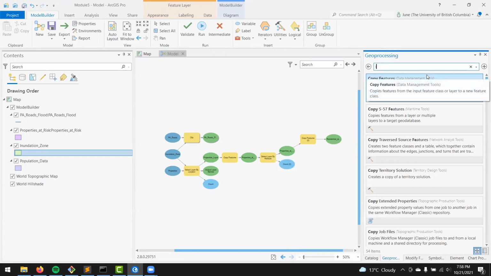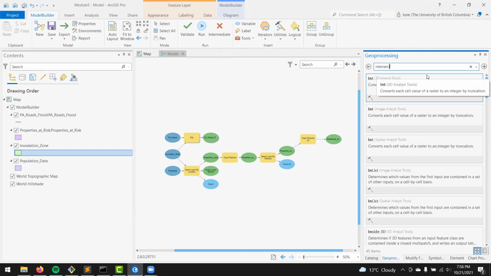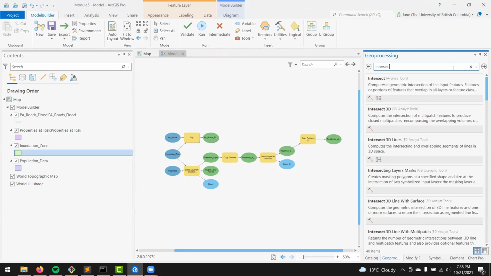The next step is an intersect. I'll give a more thorough and detailed explanation of what intersect actually does in lecture. But basically, it's a bit more advanced than, say, a clip. It does the cookie cutter thing, but it maintains attributes. So what we're going to do is drag this over here,